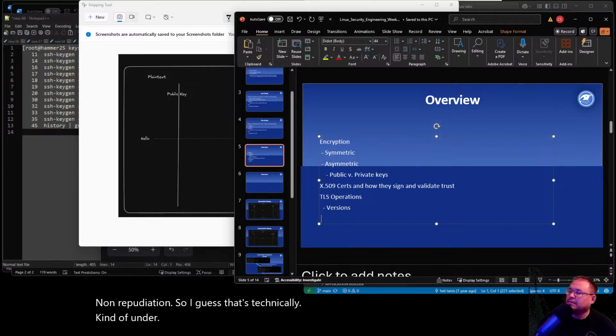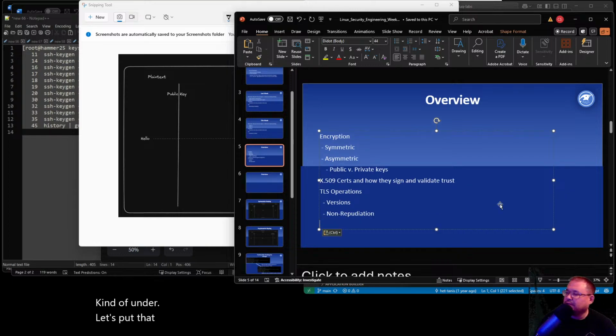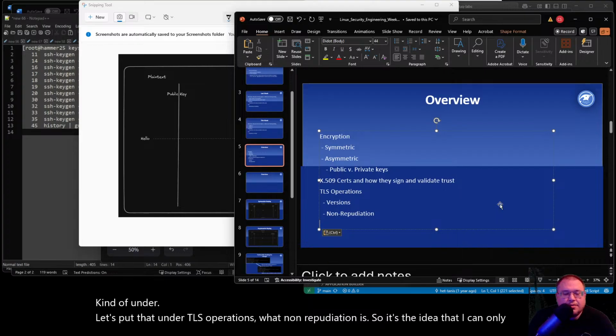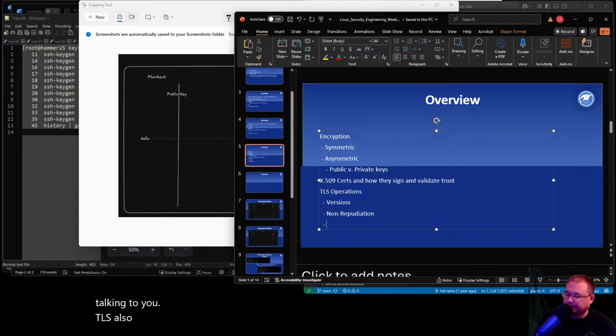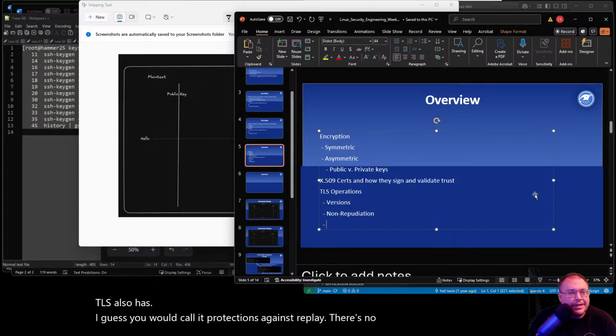Let's put that under TLS operations, what non-repudiation is. It's the idea that I can only be talking to you. TLS also has protections against replay. It's non-replayability of communication.